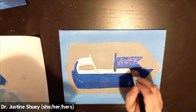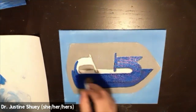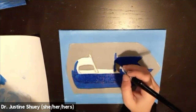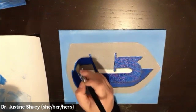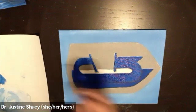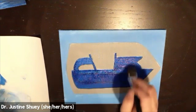So going through and again making sure it's real smooth and giving it a couple coats of paint and doing the whole thing in little sections, and again making sure it's all smooth, letting it dry a little, and then going back in to make sure it's got that good coverage there, cleaning up, and then as you can see going back in that little center area